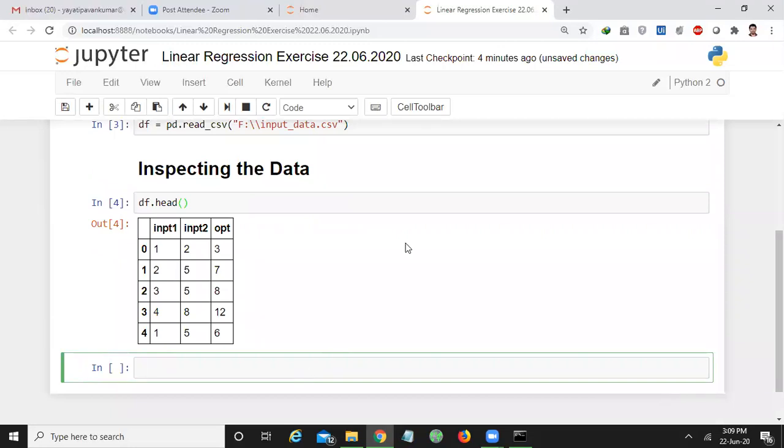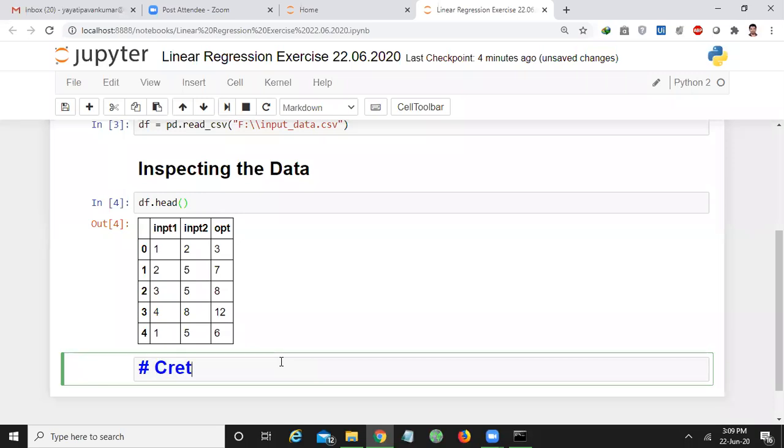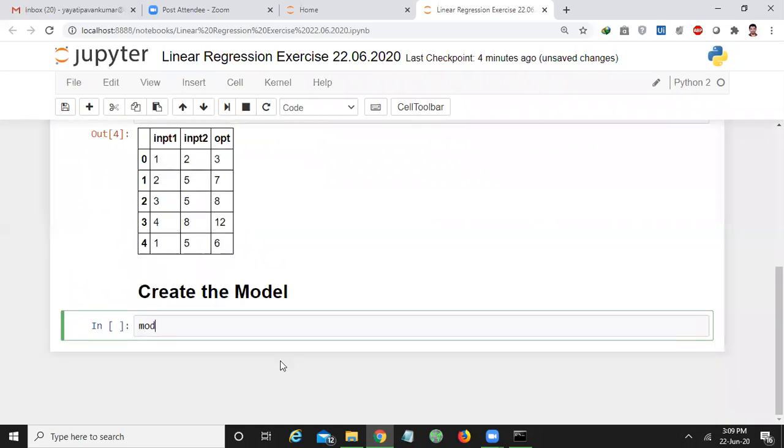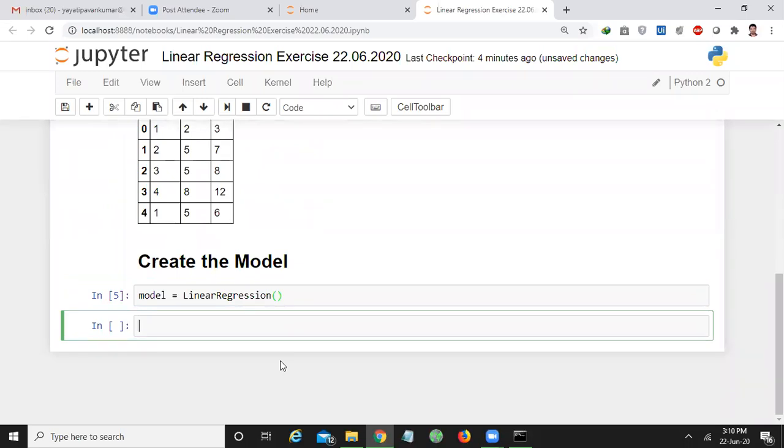Now I want to create the model. For that, model equals LinearRegression(). Again, press shift enter. Then it will successfully create a linear regression model.